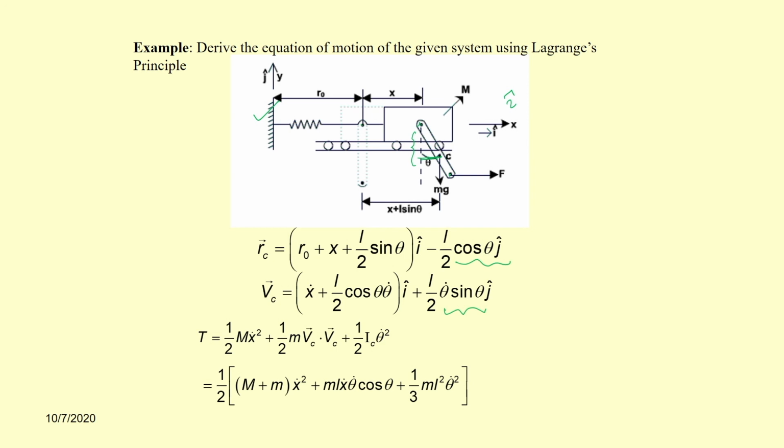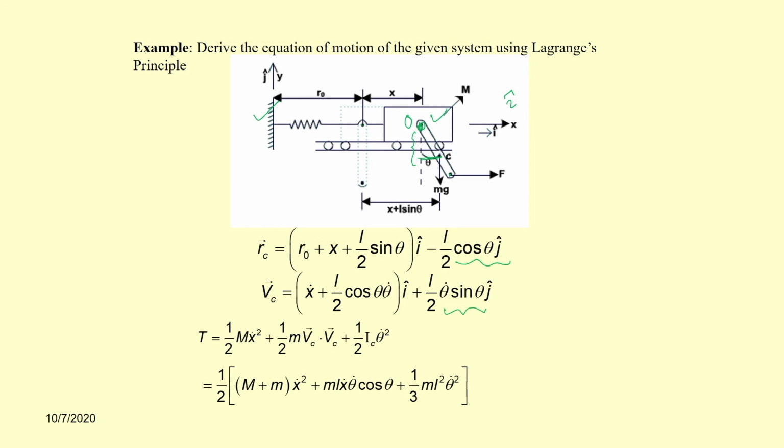The kinetic energy due to the translation of the mass is half m x dot square, and then there is the kinetic energy of this rod. There are two ways you can find the kinetic energy of this rod: either as pure rotation about this point, let me write this point as O, or as both rotation and translation about point C, that is the center of mass.